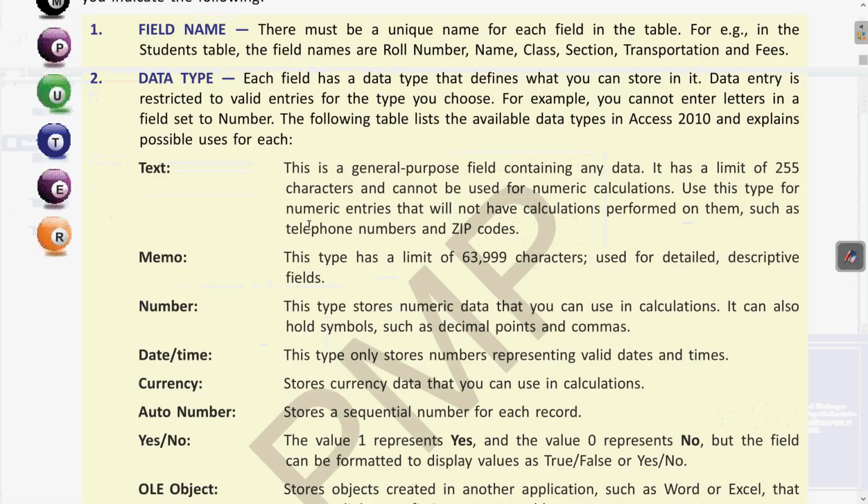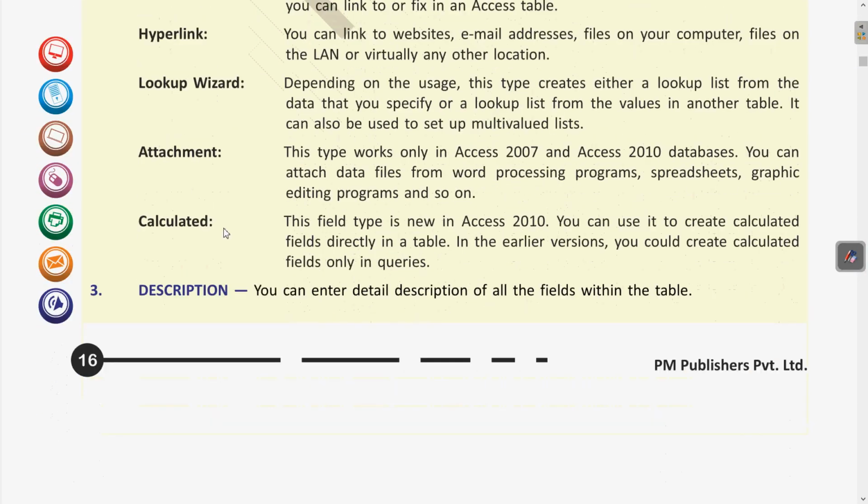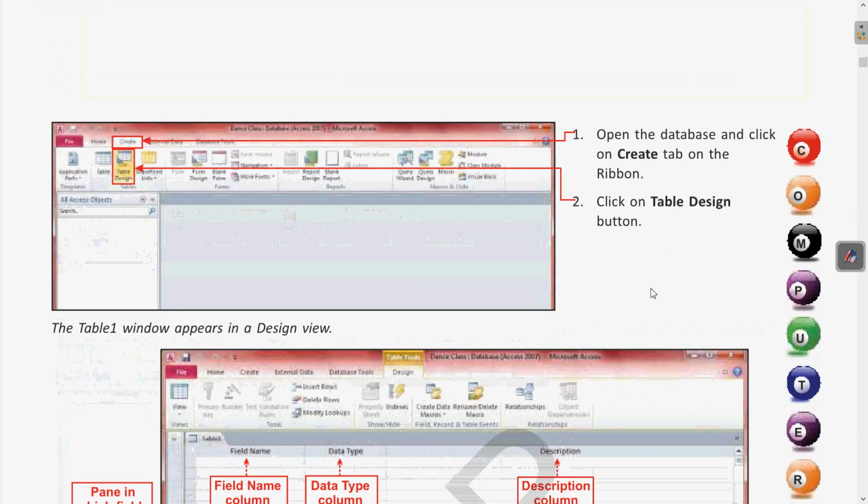Clear? So here it is talking about the same, that we can enter a detailed description of all the fields within the table. The table view, the datasheet view and design view can be switched from the create option also.